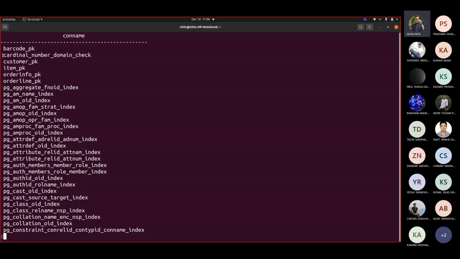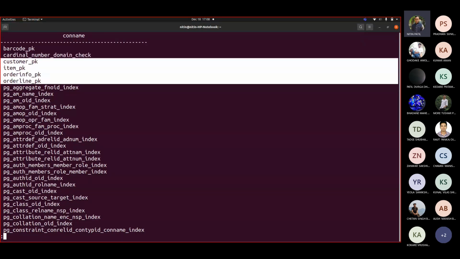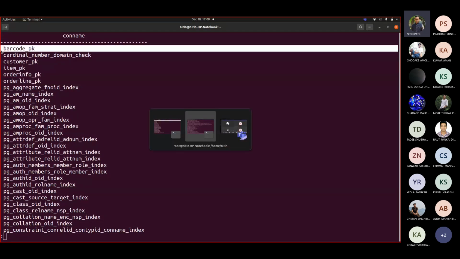Like this was because of the sequence that we added there. But if you see, these are the primary keys, the primary key constraints that were added by us in our p.sql file. So let us see whether the installation is done.